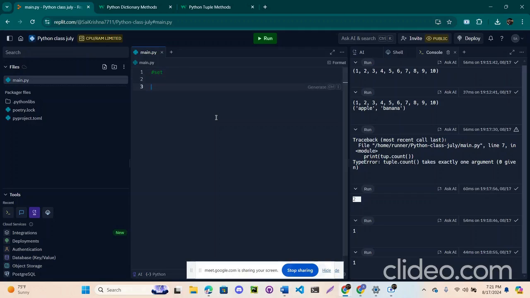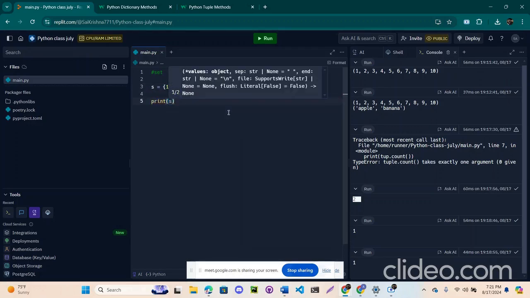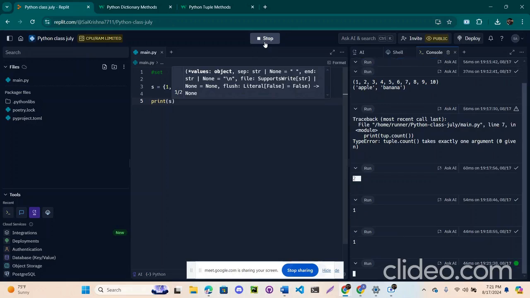And how do I represent a set? Sets can be represented like this. If you want to print this, you can execute it.